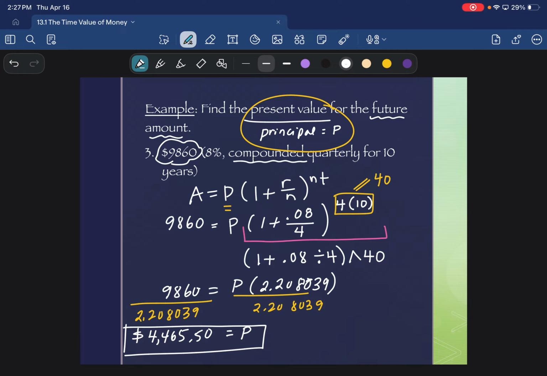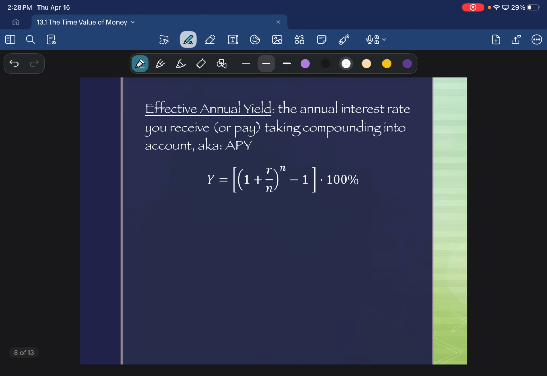Okay, any questions on that one? Present value, principal, P, all go together. Okay, our next one